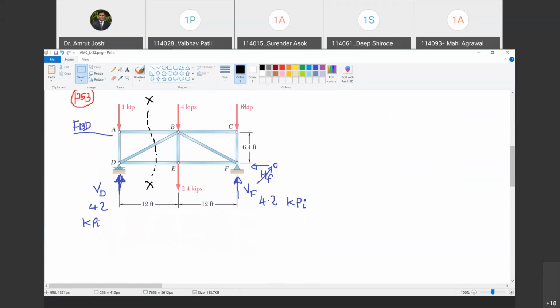And how do I do that? So to the left hand side, what do I see? Member AD will be seen. Do you agree with me? Yes, sir. Member AD. Then what happens to member DE? It gets cut. So therefore I have shown only this much part of member DE. Happy? Yes, sir. Then I am going to show only this much part of member DB. Happy? Yes, sir. And I am going to show only this much part of member AB.